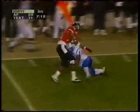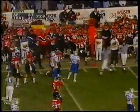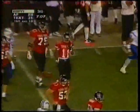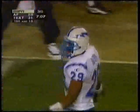Lethbridge goes wide again to Darden. First down out at midfield. Mickey Dalton made a nice tackle, but Tony Darden, the sophomore out of San Antonio, made the tough catch. Wearing number 11 there, and he came in last year as a quarterback and battled with Zebby Lethbridge for the